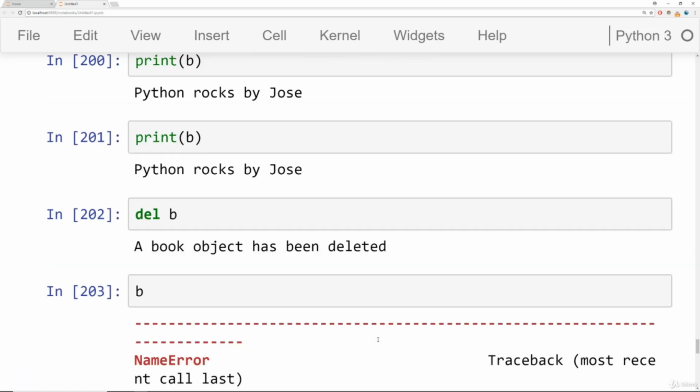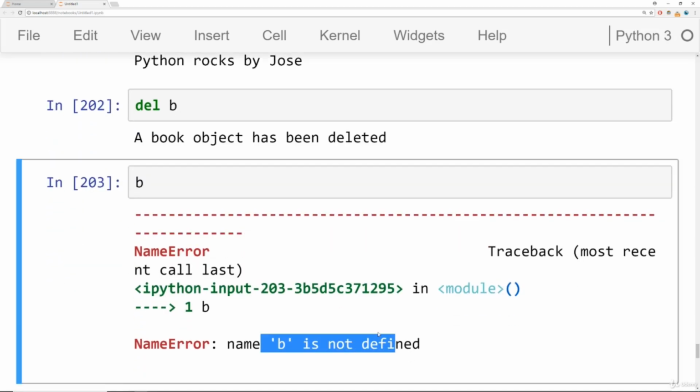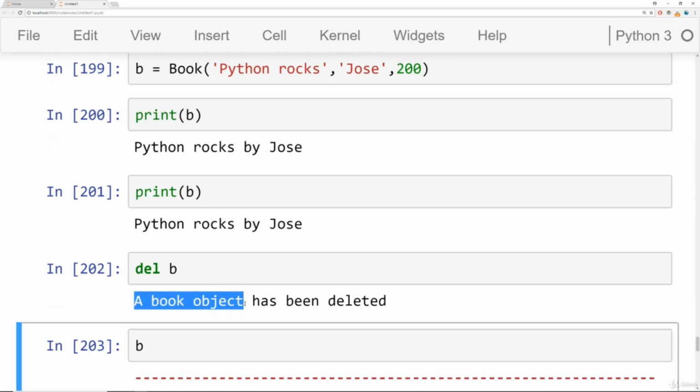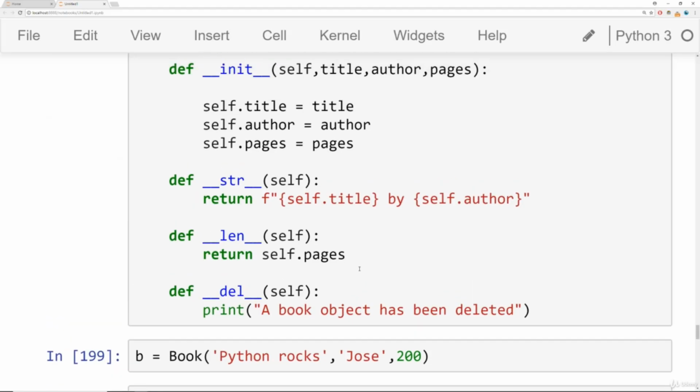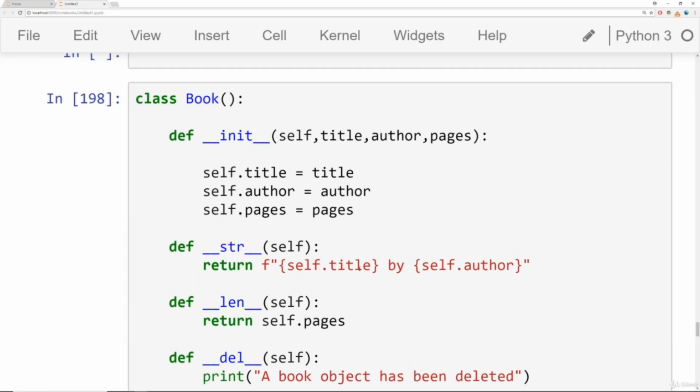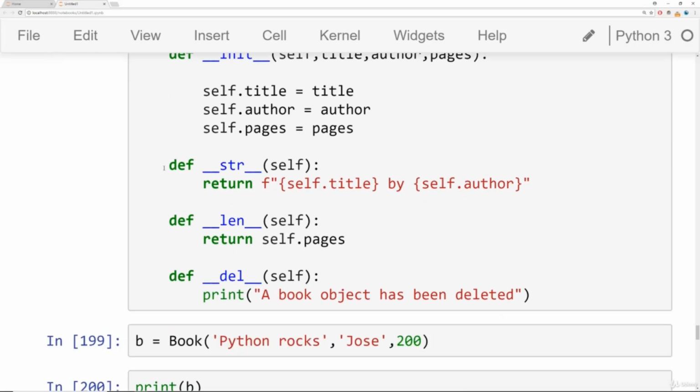So when I call B again, it's now deleted, B is no longer defined, and I was able to add a print statement to maybe give the user more information when they use the special del keyword. All right, those are the main special methods that you're going to be using as you're just starting off with Python. You can check the documentation for many more dunder or special or magic methods, but really these are the main ones you're going to be using, especially